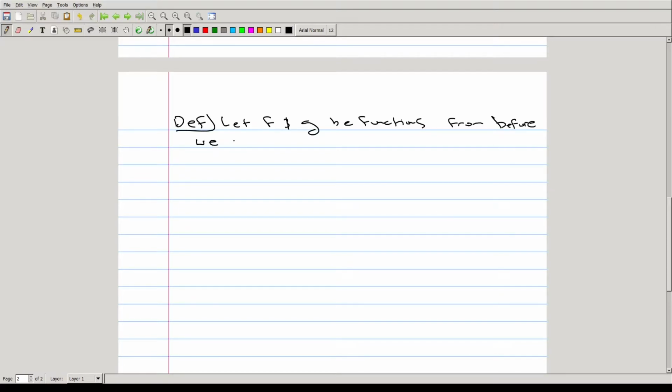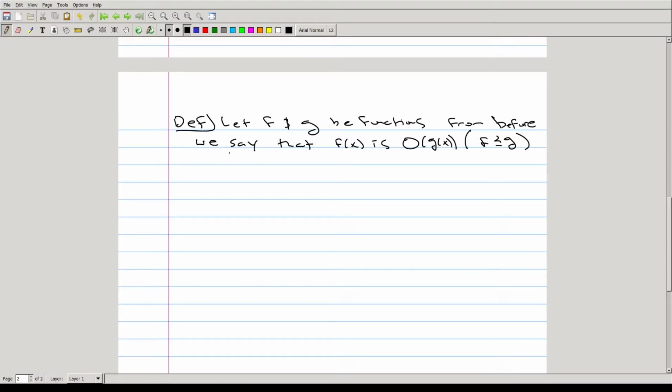We say that f of x is big O of g of x. Remember, this also means in the Hardy notation that f curly less than or equal sign g